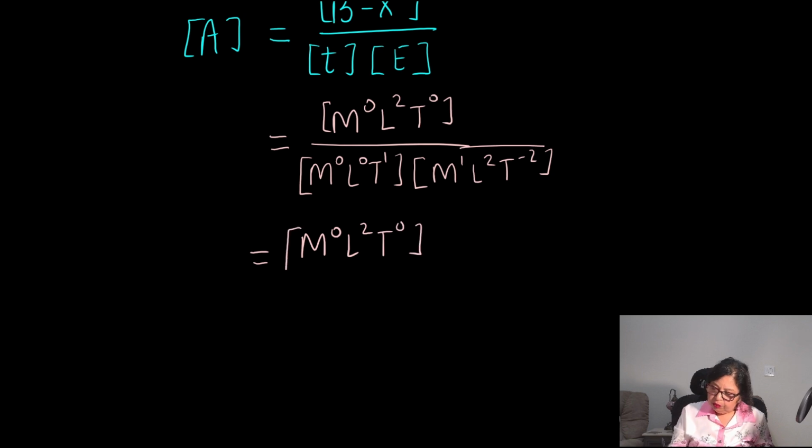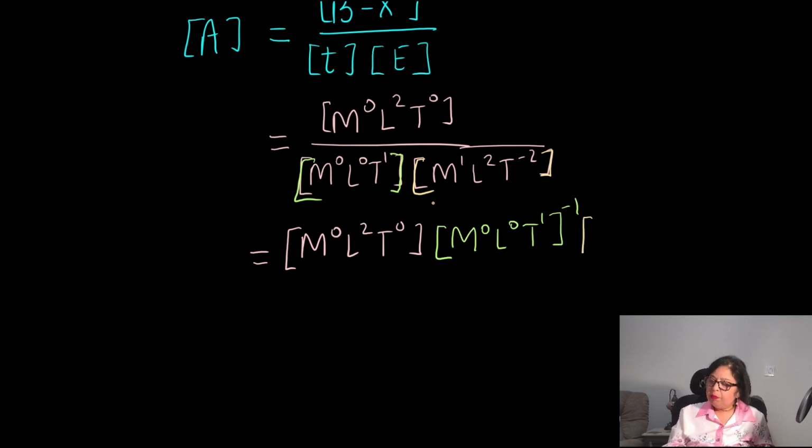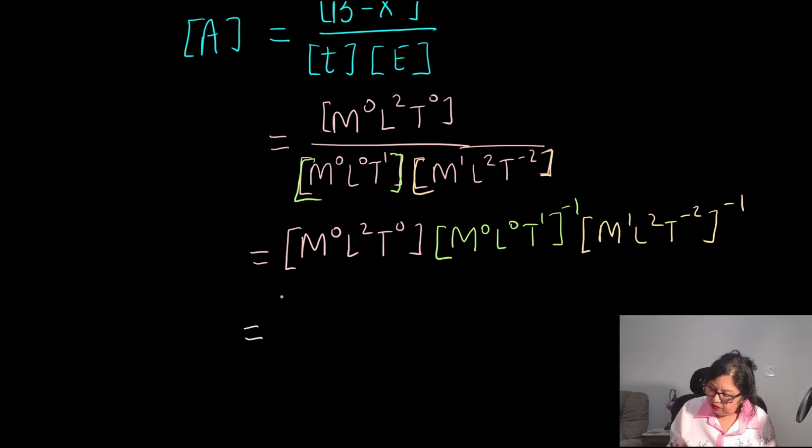M0 L2 T0. This is already at the top, correct? Then from the bottom, I'm going to bring this upstairs here. This will be M0 L0 T1, and this will be raised to the power negative 1. Okay, very good. Next, I'm going to bring the second dimensional formula at the bottom upstairs. And this will become m1 L2 T minus 2 to the power minus 1. What does this give me? The first dimensional formula stays the same, m0 L2 T0